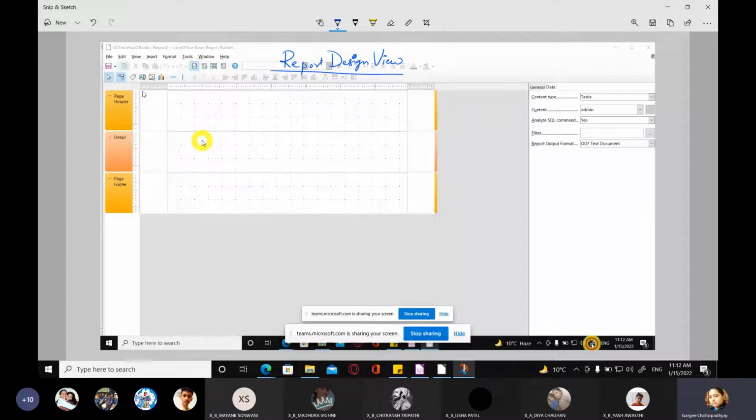Now every report is what? It is just a hard copy, so it will be printed on paper, on a page. So every page has a page header and a page footer.